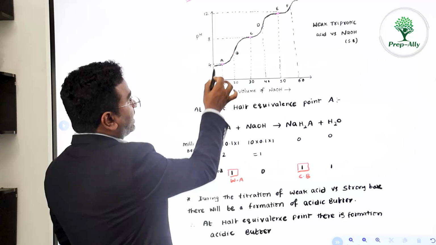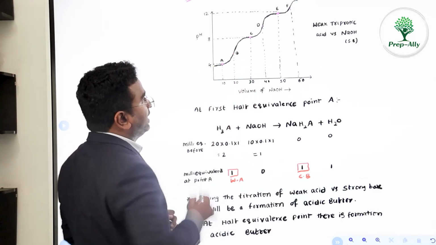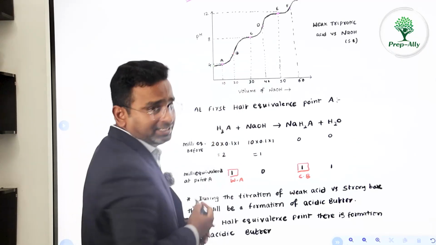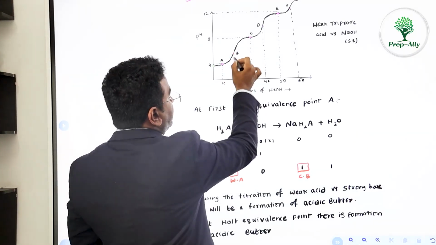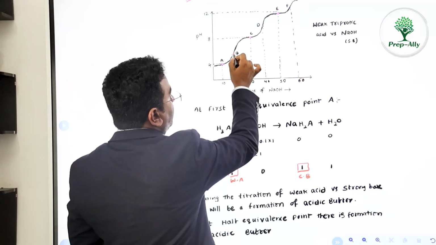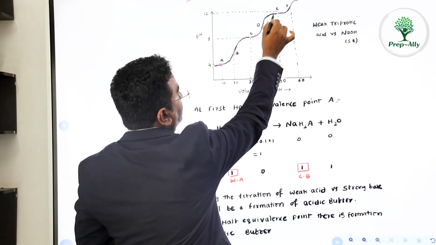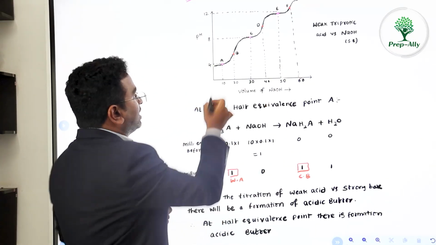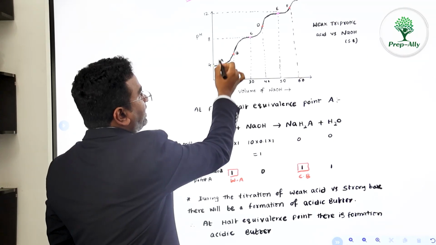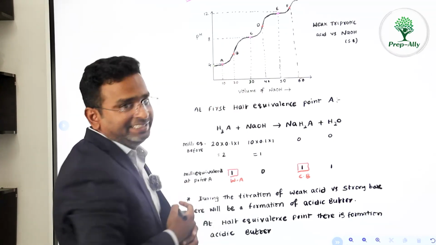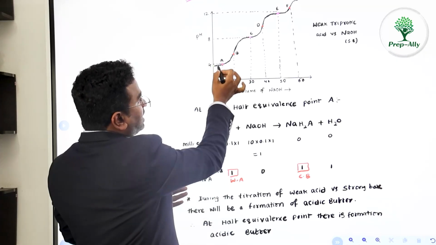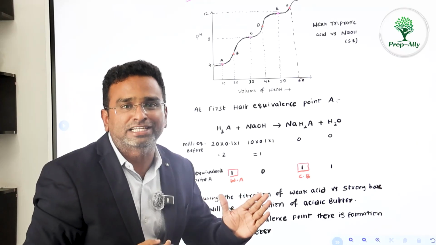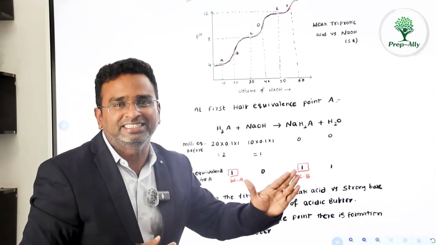Here, this is the first equivalence point, right? Whenever equivalence points are there, there is a sudden jump in pH. Here the first equivalence point corresponds to point B, the second equivalence point is point D, and the third equivalence point is point F. Now what is the significance of point A, point C, point E? Most important. Initially, the pH almost remains constant until the equivalence point comes. There is only a slight increase.